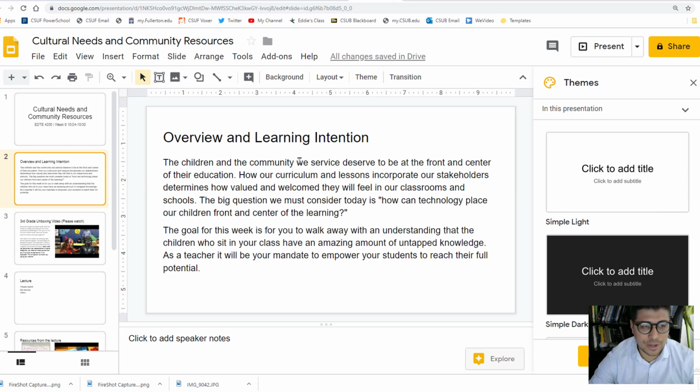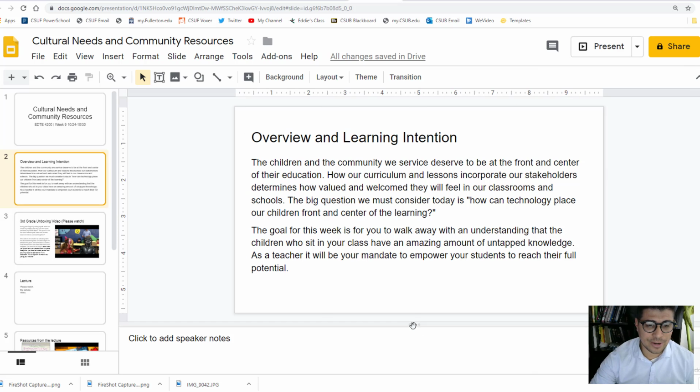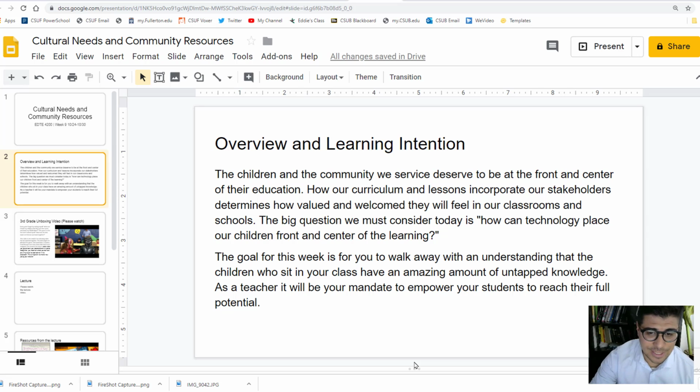So, just the overview and the learning intention. I'm not going to read it directly to you, but I'm going to give you my take on it. I've worked at multiple schools, with kids from different groups, ethnicities, and races, and honestly, everywhere I go, kids are looking for the opportunity to share what they know, and they're also looking for the opportunity to be creative. I think that's basically human nature. Everywhere I go as well, kids are always wanting to learn new technology tools, and that doesn't matter where the kids are from. It's a need that they have.